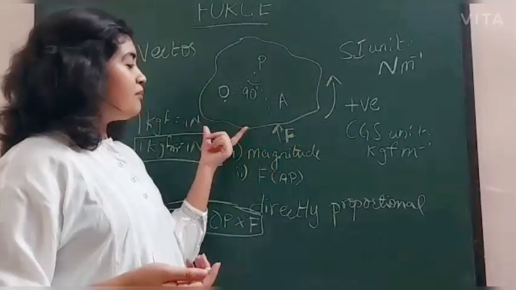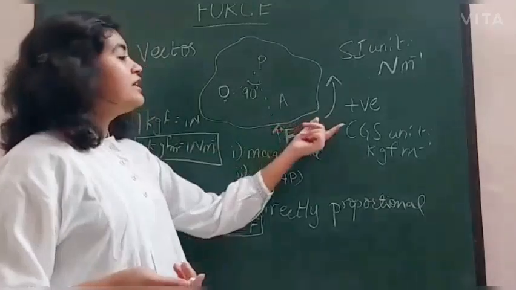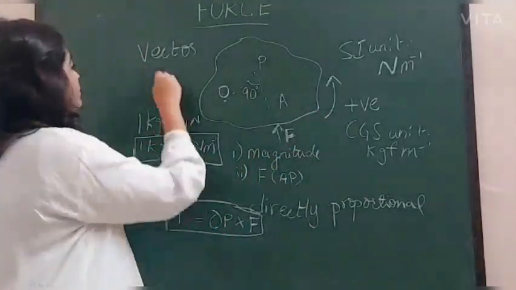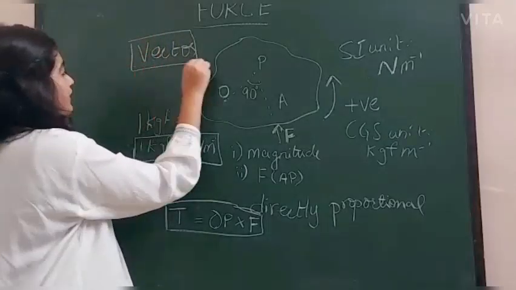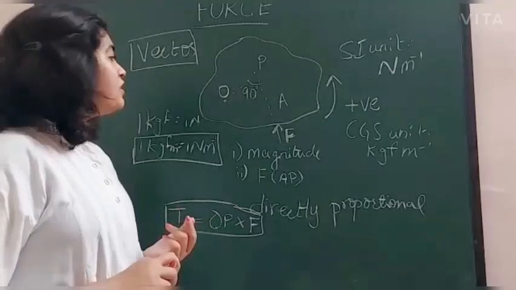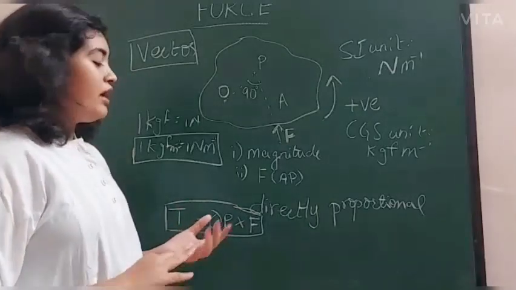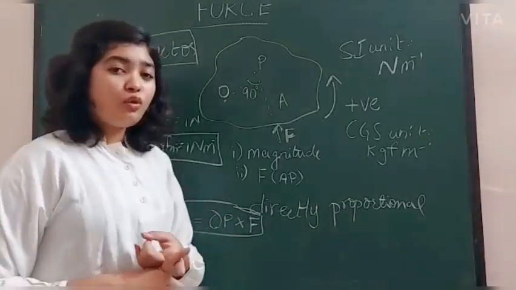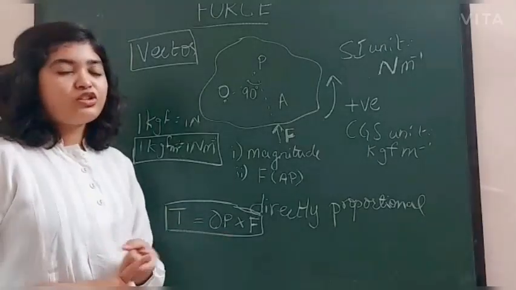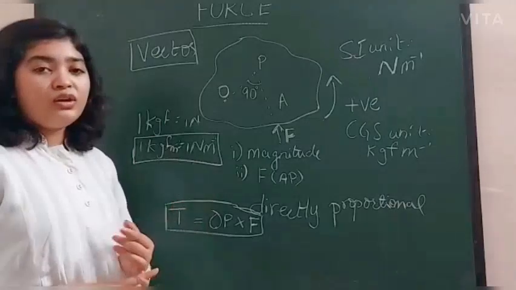So when the moment of force is applied in an anti-clockwise direction, it is taken as positive, whereas in clockwise it's taken as negative. So it is a vector quantity. These are some of the points you need to remember for moment of force, which is also called torque. We have learned about the basic definition of force from the beginning, and then the types of motion, which is linear or translational or rotational, and now we have seen torque.